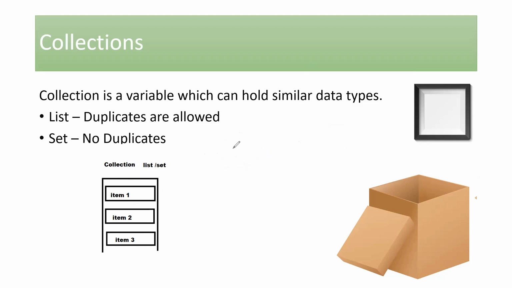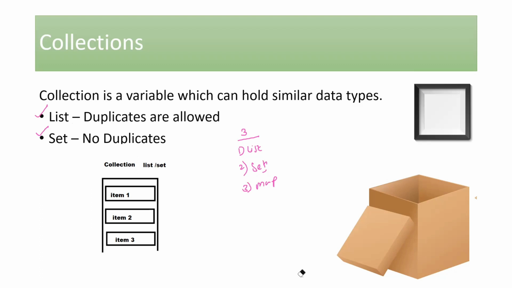Now, since we have understood what exactly is a collection, we have understood what is the need of a collection. Now we'll understand what are the types of collections that we have in our Apex language. In Apex language, we have 3 types of collections, one being list and the other one being set, and the third one we have is map. In case if you see here, we have only 2 written here. Do not worry, we have the third, map, in our next slide.